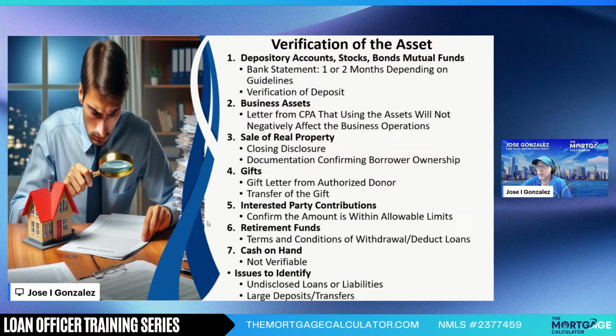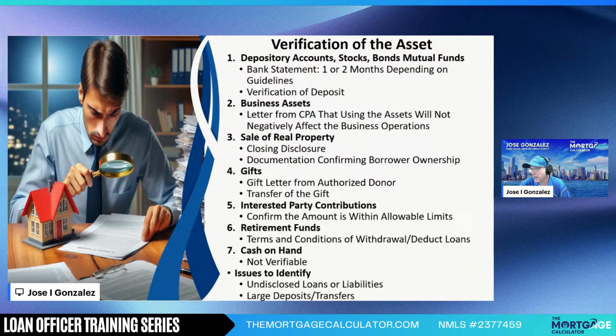So do be aware of the different ways that retirement fund accounts are handled between non-QM and agency. Cash on hand I have on there only because I want to be able to state that cash on hand is not verifiable, right? If they all of a sudden go and deposit $20,000 or $10,000 or $5,000 into their account, now if it's an agency loan and the borrower makes $12,000 a month, then that $5,000 would be less than the